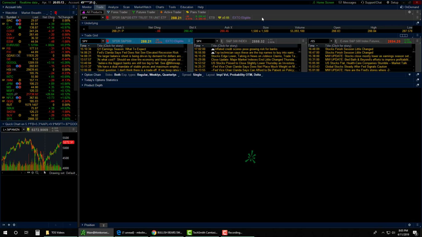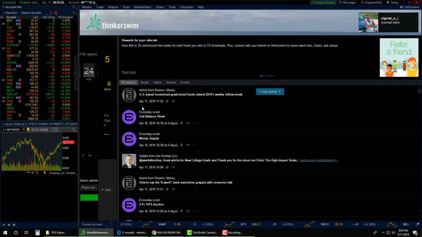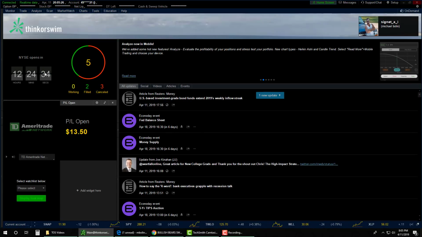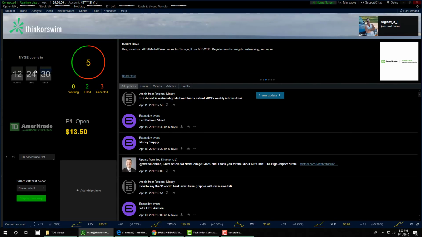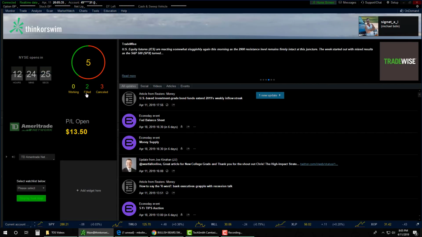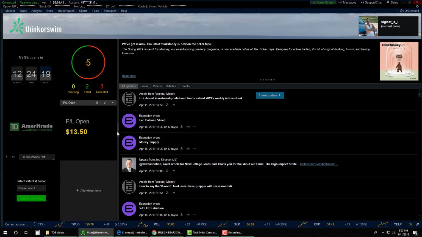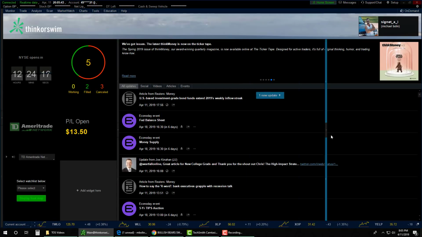So let's start with the home screen. If you go to the upper right portion of the ThinkorSwim, you'll see it in green here, home screen. Now, the home screen has quite a lot to offer. Not only can you see how long before the market opens again, you can keep track of orders that you might have working, filled orders, canceled orders. What I like about this is setting up different widgets. Okay, so we can scoot this over